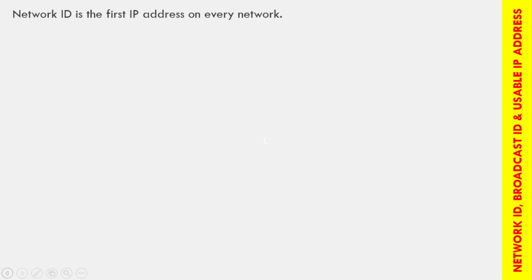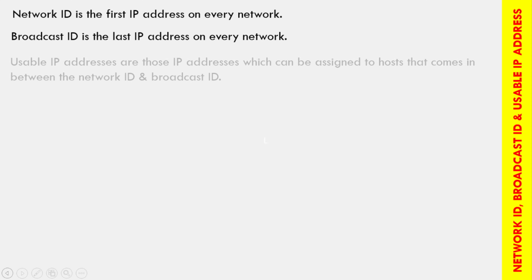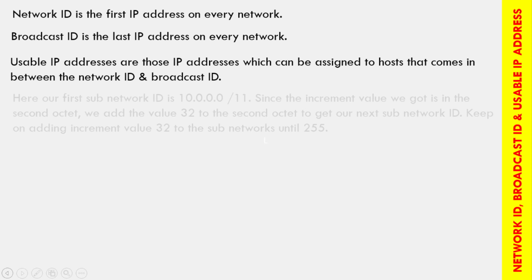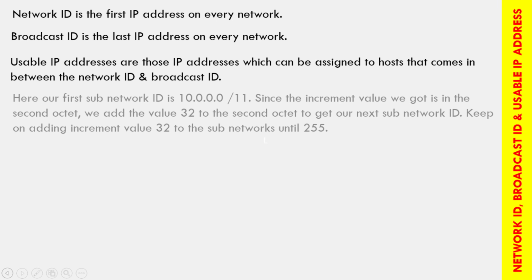Network ID is the first IP address on every network. Broadcast ID is the last IP address on every network. The usable IP addresses are those IP addresses which can be assigned to hosts that come in between the network ID and broadcast ID. Our first subnetwork ID is